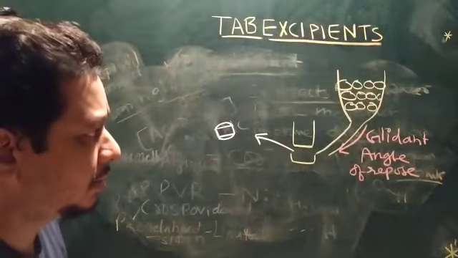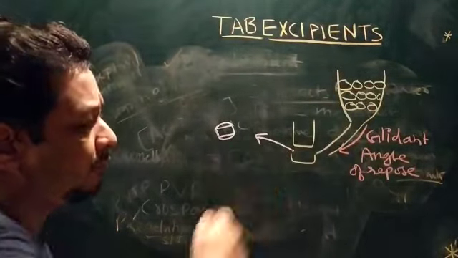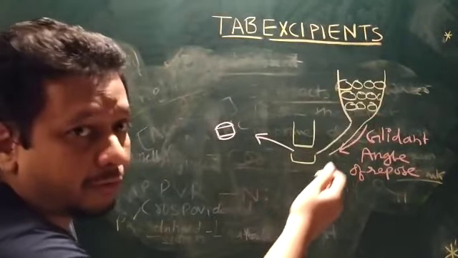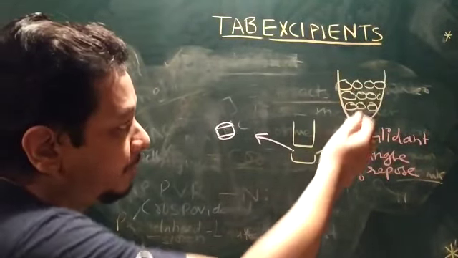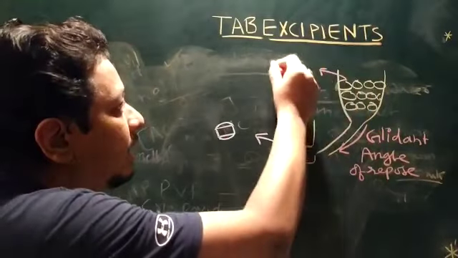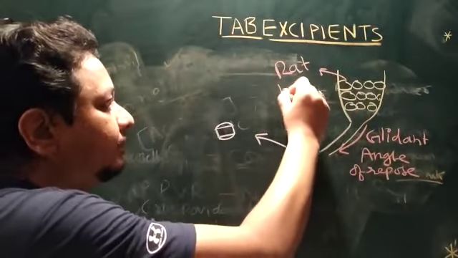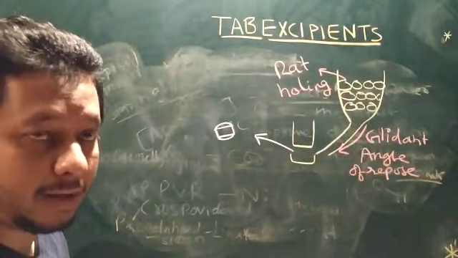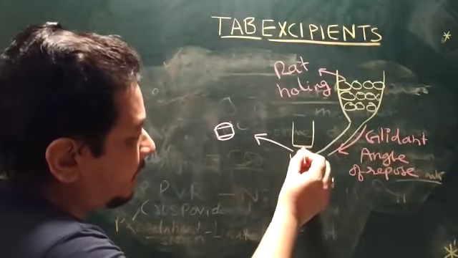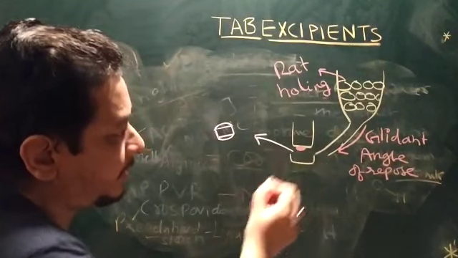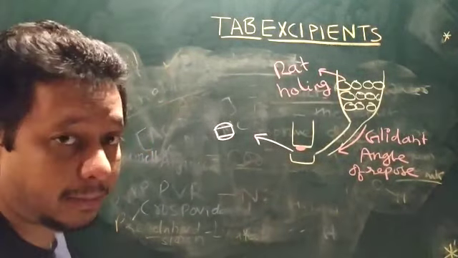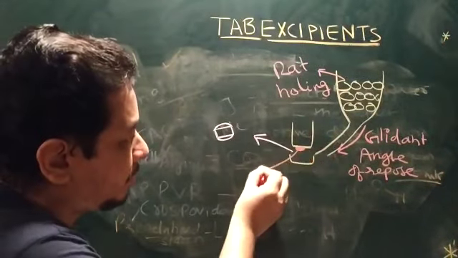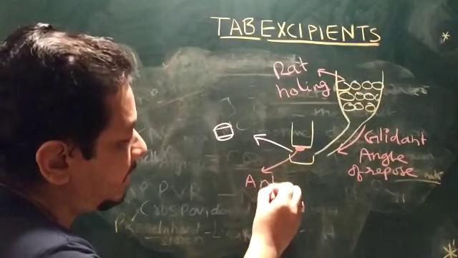So glidant improves the angle of repose and creates uniform flow. And one more thing, if there is no uniformity in granule flow into the hopper, it can create a problem known as rat holing. So rat holing can be avoided with the help of glidant. Then if the tablet is picked by the punch, that is another problem, and you will not get a proper tablet. This can be reduced by the use of an anti-adherent.